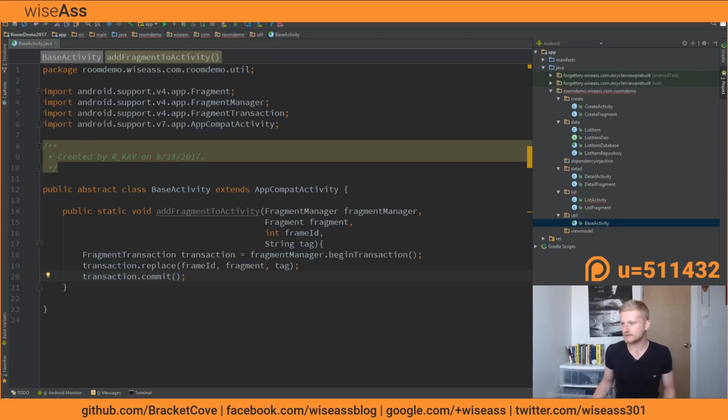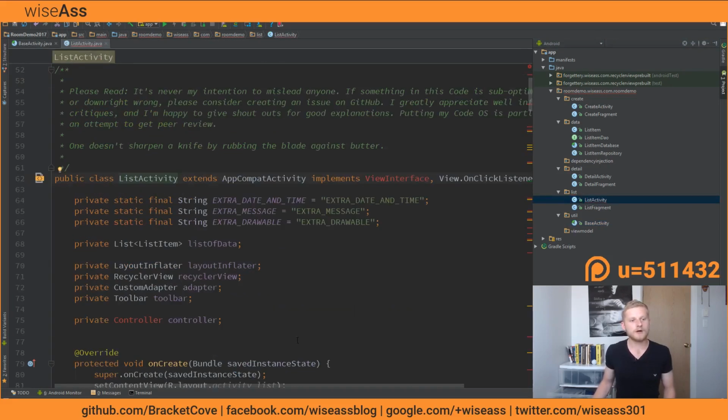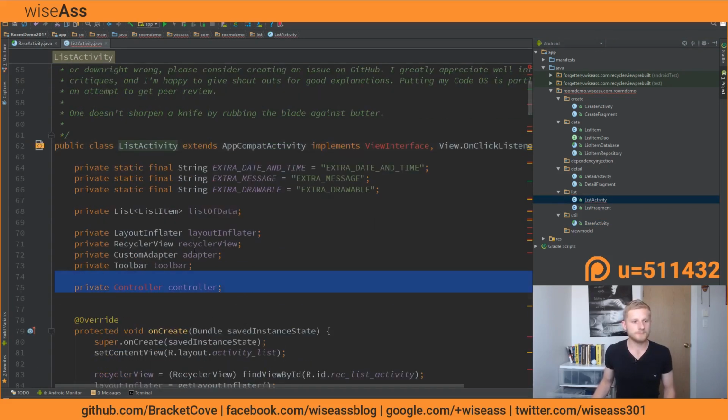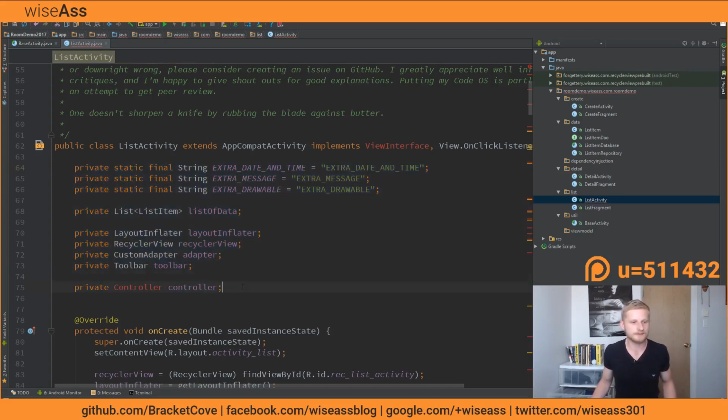let's go ahead and open up, for example, ListActivity. And so we're actually going to move all of this code that describes the view and all the view binding stuff into the fragment, but to be perfectly honest with you, I'm just going to copy and paste it from the completed code, and I would suggest you do the same because we're not learning anything here to do with Room Database. So what I'm going to do is just clear all of this crap out,